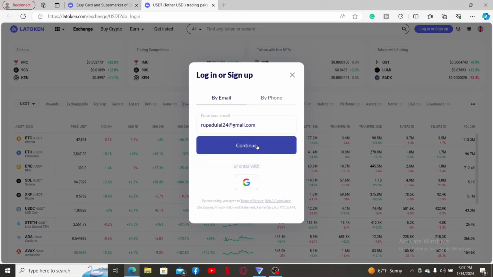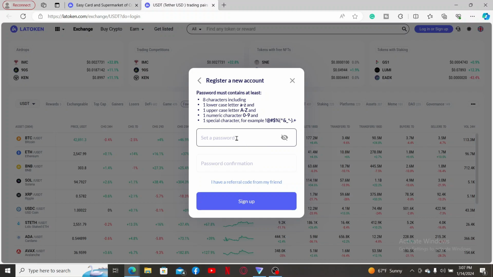Click on the continue button once done and then set up a password for your LATOKEN account, including these criteria at the top of the screen. After entering a strong password, retype the password in the next field once again. If you've got a referral code with you, click on this link and enter the referral code, and finally click